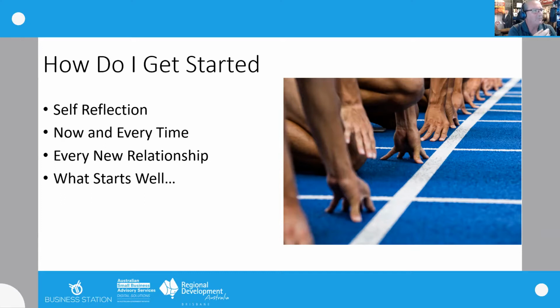I made mention of that. The first step is you've got to be trustworthy. That's got to be the first step in any aspect of building trust. You have to be trustworthy. And it's self-reflection around those 4 components. Each and every time you meet someone, each and every time you're starting a new relationship, each and every time you are asked to propose to other clients, or people are starting a business relationship with you,